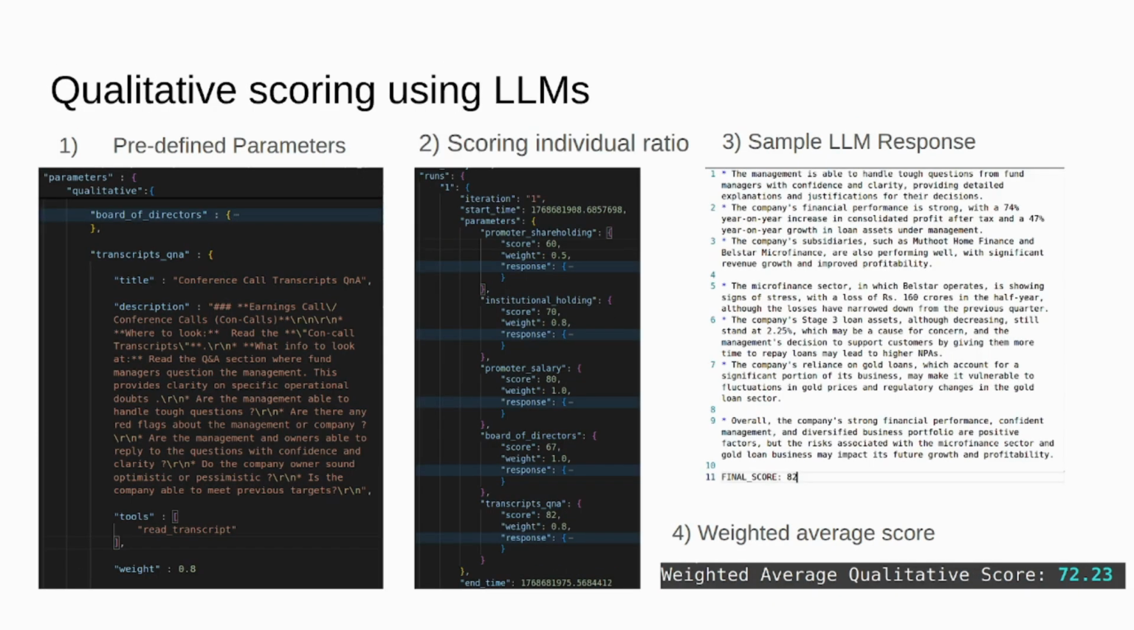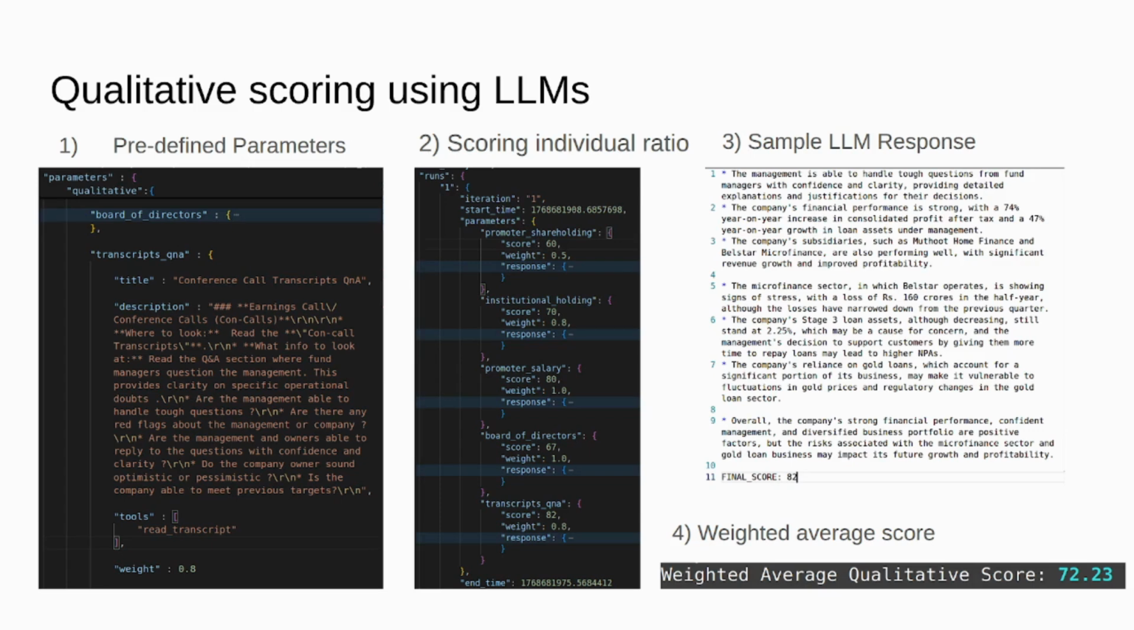Now let's take a look at the qualitative scoring. This is the juicy part of the system, the USP. This is the part which allows Nebula to perform textual analysis. First, from a list of parameters in the investor framework, we choose one, say conference call transcript analysis. We take the rules described in this parameter and along with the transcripts and a carefully designed prompt, we send